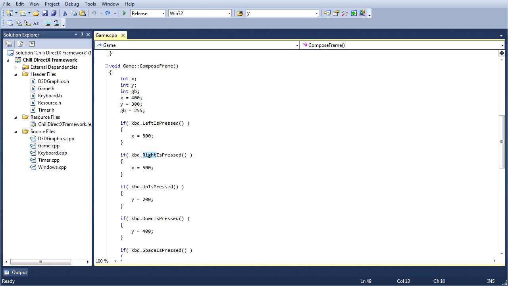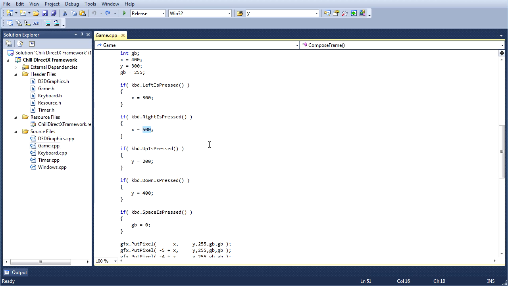So you have to change the button that we are checking, and you have to change the coordinate value, the position here. Right? You want a bigger number for going to the right, smaller number for going to the left, and likewise for the y coordinates. So just some number changing and variable changing, not a big deal here.